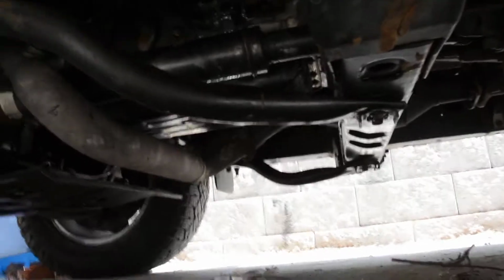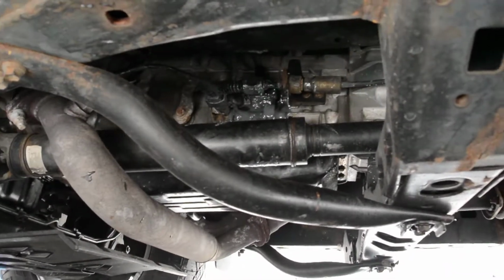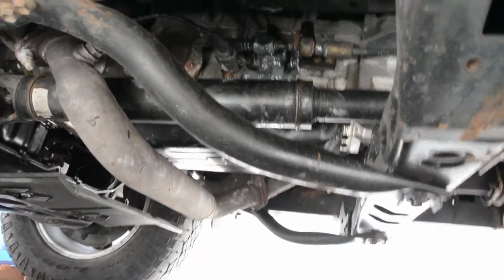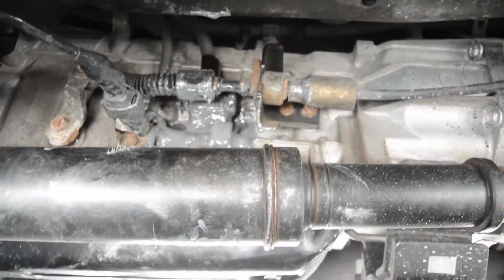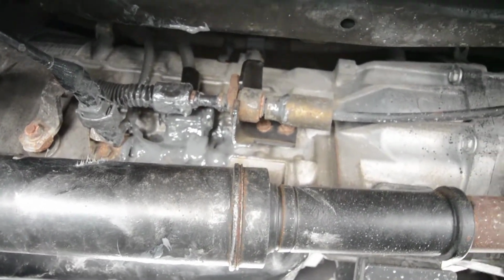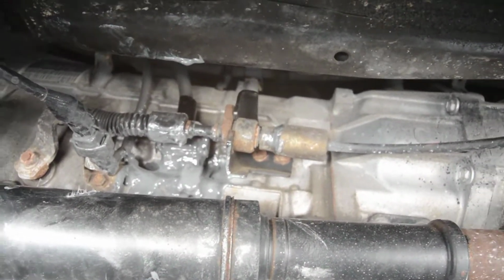About a month ago I installed a 15 pin wire harness, and I didn't show that in the video, but I thought maybe somebody will have the same issue. So here's where it goes, and what happened is when I was removing that wire connector,